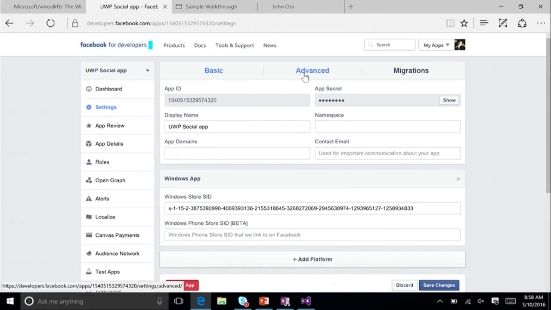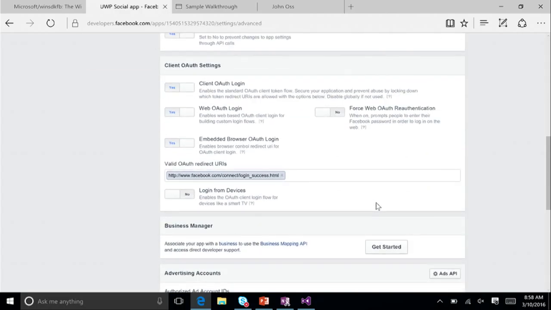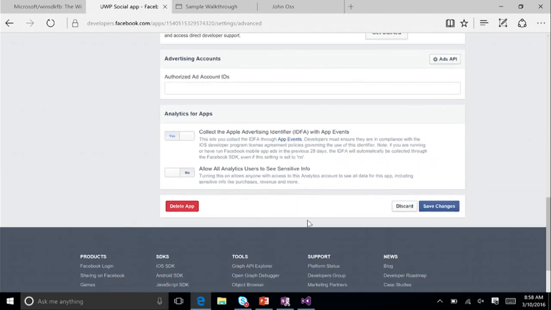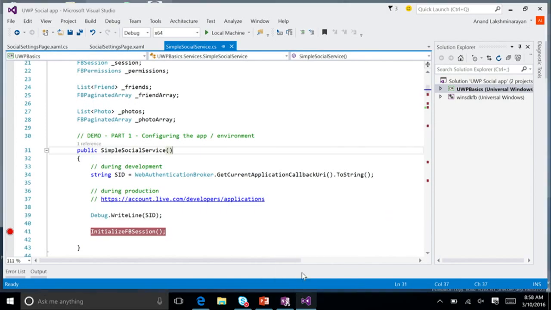Now, in addition to the Basic tab, go to the Advanced tab. Scroll down to the Client OAuth settings. Make sure Client OAuth, Web OAuth, and Embedded Browser OAuth login are all set to yes. You will also need to set a valid OAuth redirect URI here, as you can see. Now go ahead and hit Save Changes, and then you can jump back to Visual Studio,